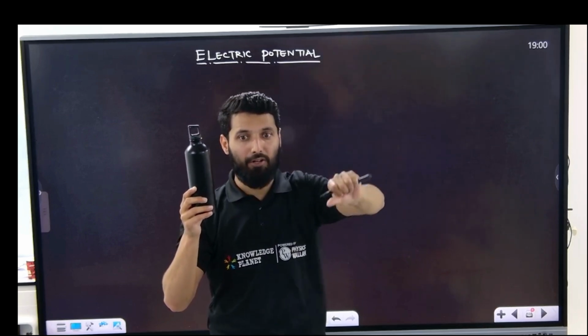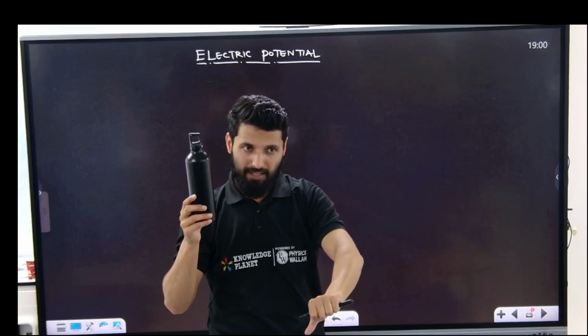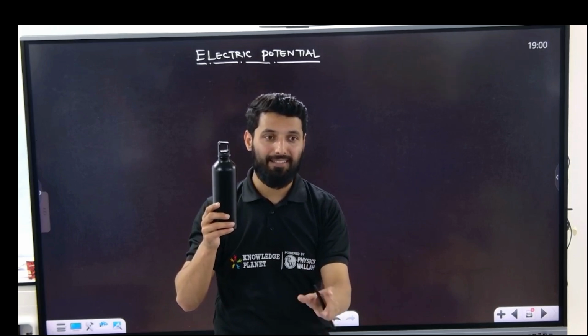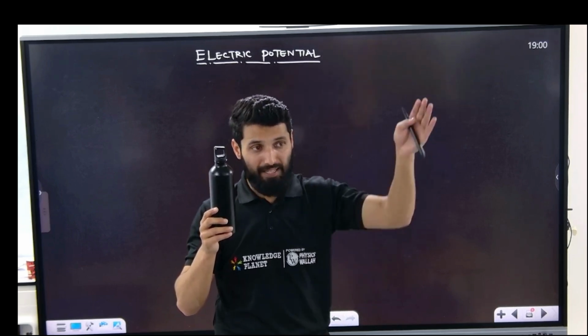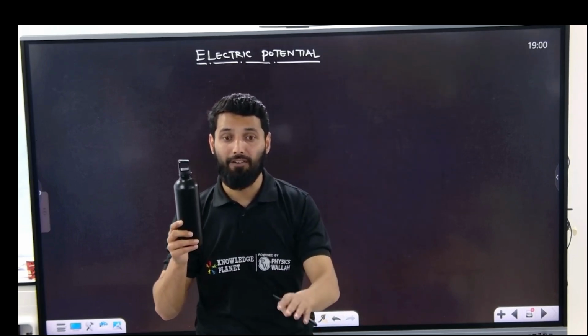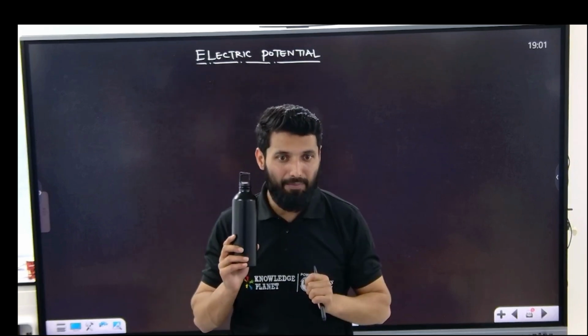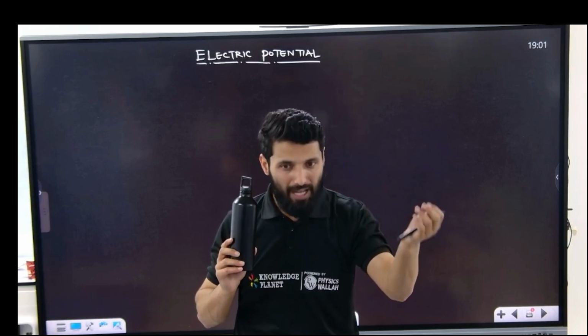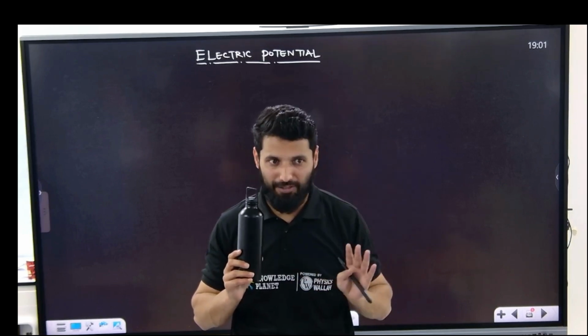Then potential energy gets converted into kinetic energy. Please pay attention. That kinetic energy is involved in doing some work, rotating the blades of the motor. So potential energy is converted into kinetic energy, and the work done is converted into electrical energy. Is it getting dissipated or lost somewhere? No. It might get transformed into heat or sound also, but it will not simply vanish.